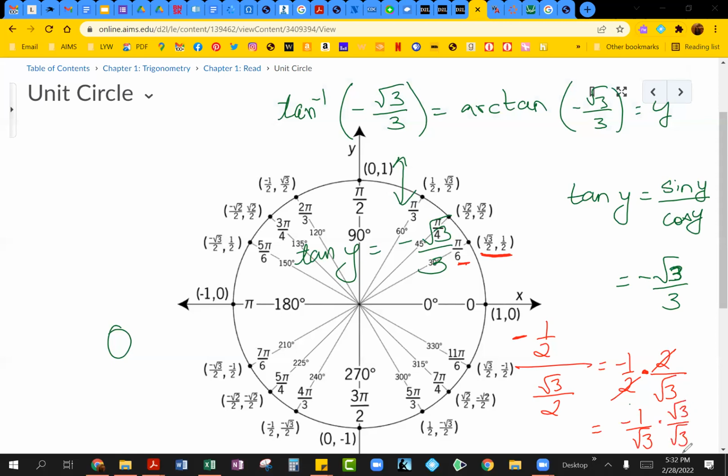So we would multiply both numerator and denominator by square root of 3, which would end up giving us negative square root of 3 on the top. Square root of 3 multiplied by square root of 3 comes out to be 3. And we do actually end up getting negative square root of 3 over 3. So that means, very nice, Savannah, we would have to do,